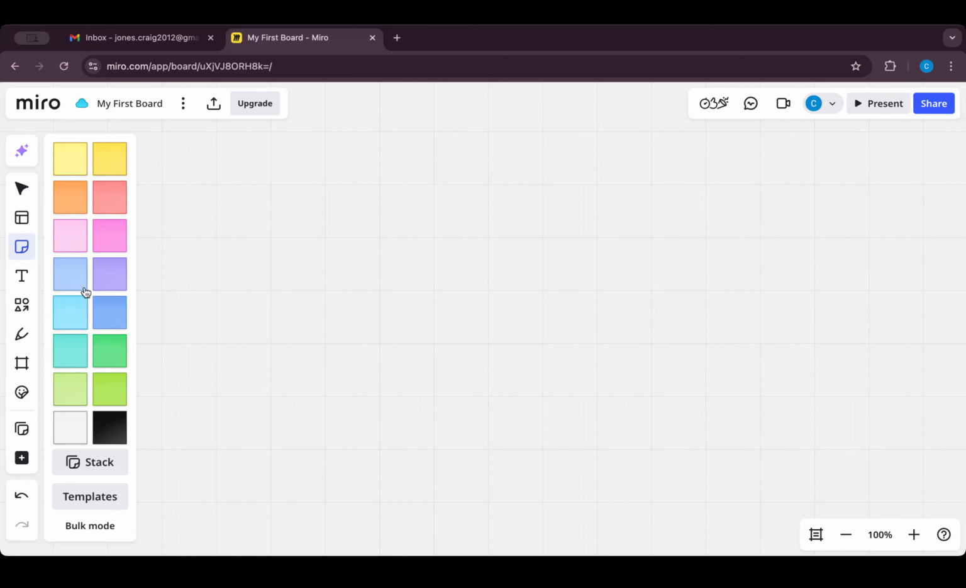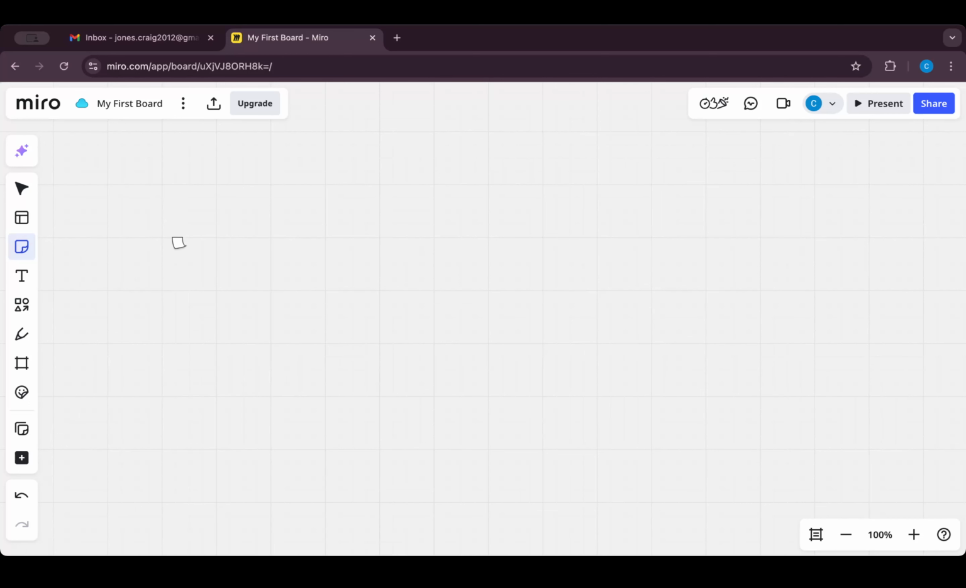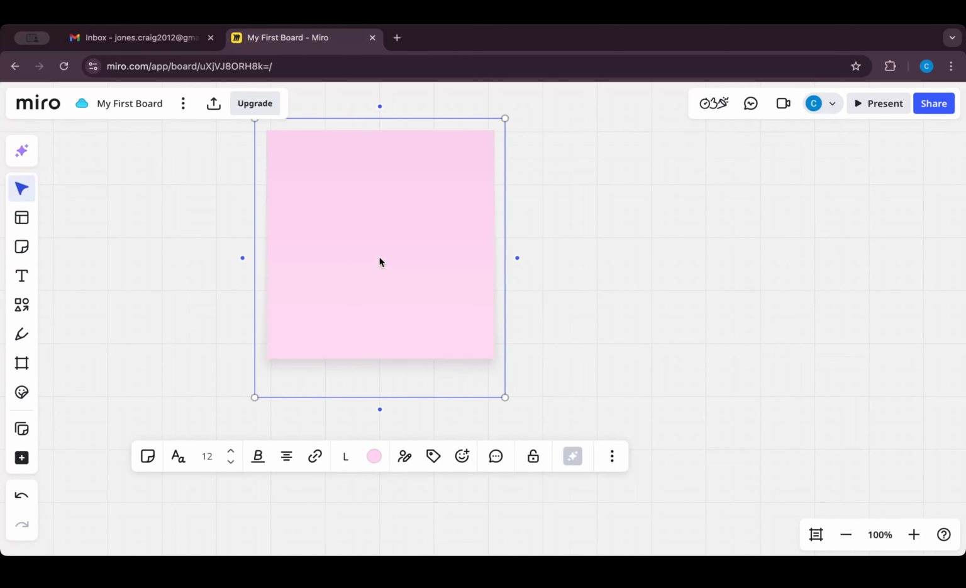Choice is key, so pick a color that suits your mood or project needs. Perhaps you're organizing ideas and each color represents a different category or priority level. Picking the right color not only makes your board visually appealing, but also functional. After selecting your preferred color, you'll want to drag the highlighted sticky note to the desired location on your board. This step is crucial as it allows you to organize your thoughts spatially, exactly where you envision them on your